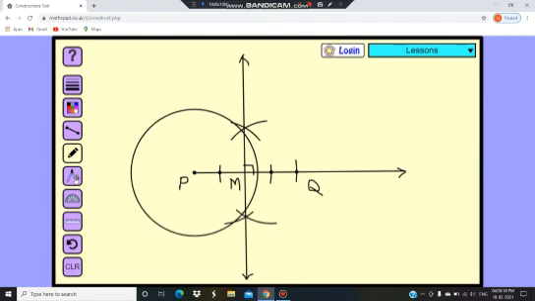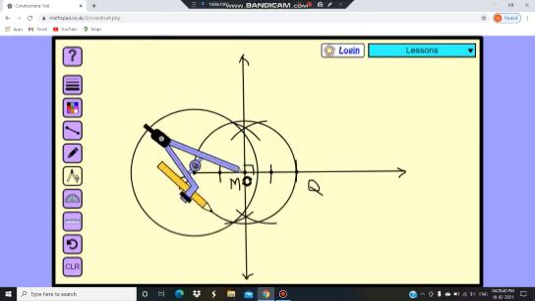Now what we are going to do, we will take M as the center, and MP and MQ are the radius of the new circle. So M is the center, and in a rounder take the distance PM. Okay, and with this distance we have to draw one circle with center M and MP as the radius. You can draw the full circle or you can draw the half circle. I am drawing the full circle here. So after drawing this circle, this new circle is intersecting the previous circle at this point, here and here.